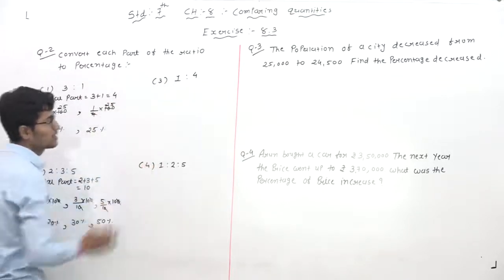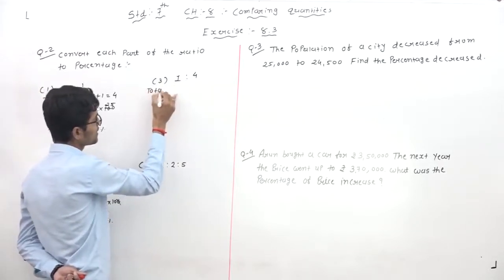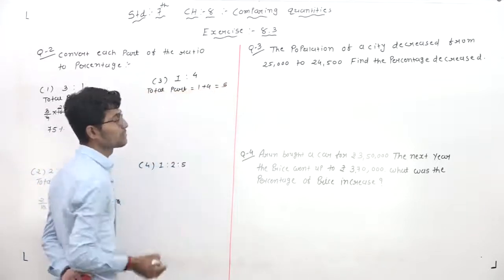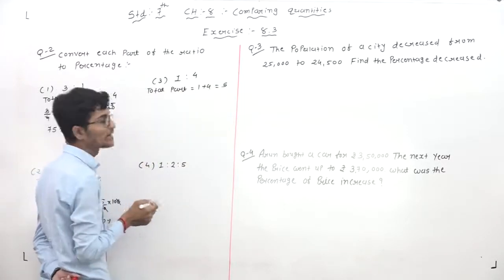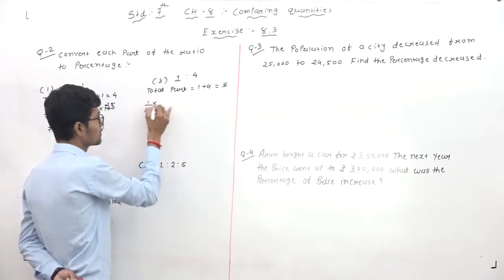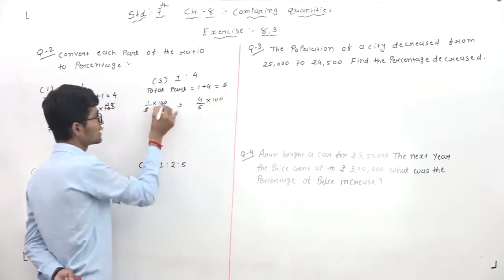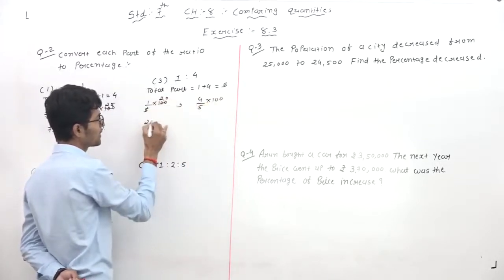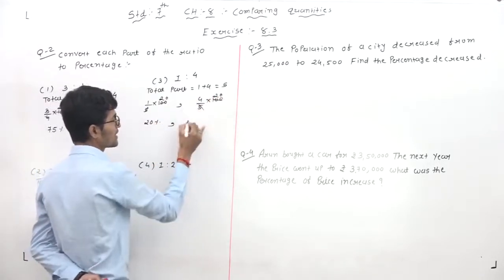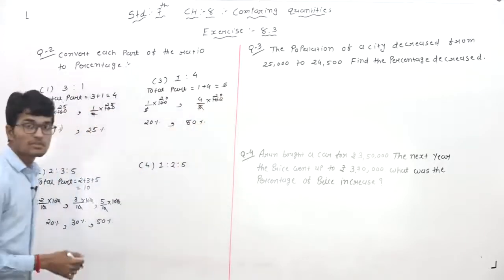Here there are 2 digits and here 3 digits. Same process, no change. First of all find the total part. The total part is equal to 1 plus 4, the total part is 5. Now find the percentage of each part of the given ratio. It means 1/5 multiplied by 100 and 4/5 multiplied by 100. Here 5 twenties are 100, 1 multiplied by 20 means 20 percent. Here also 5 twenties are 100, 4 multiplied by 20 means 80 percent. So here is 20 percent and this side is 80 percent.